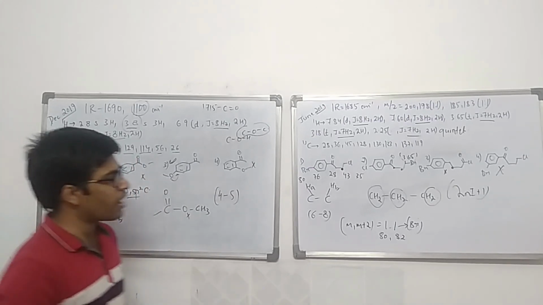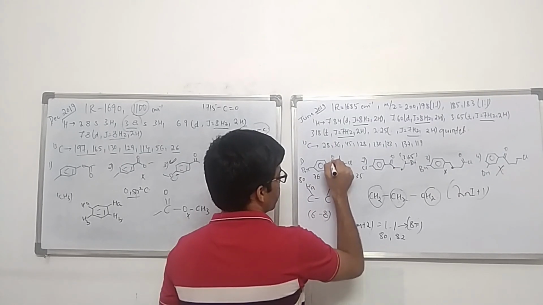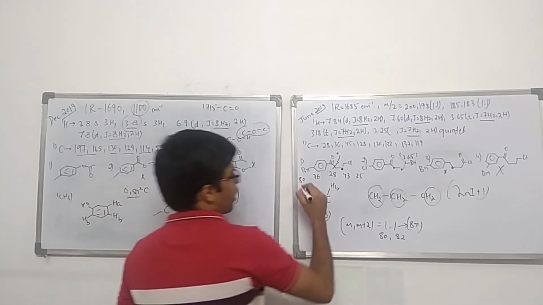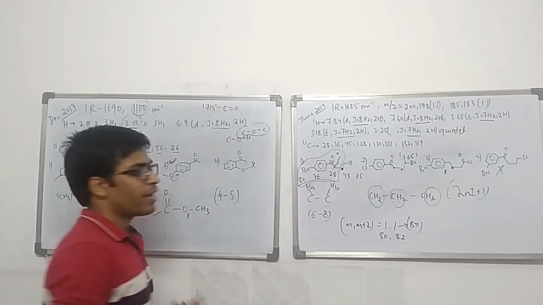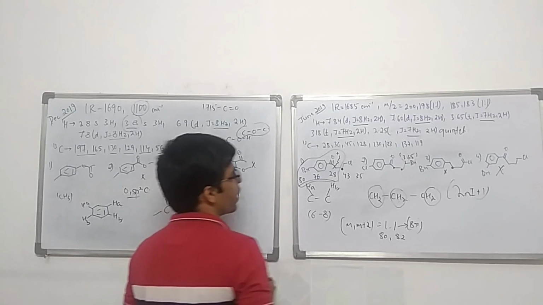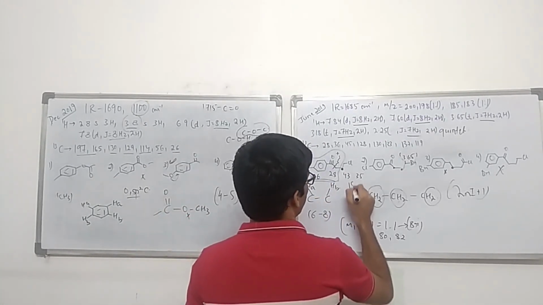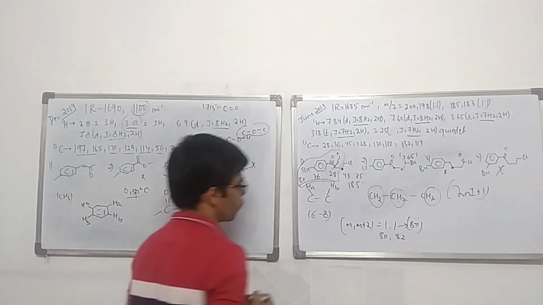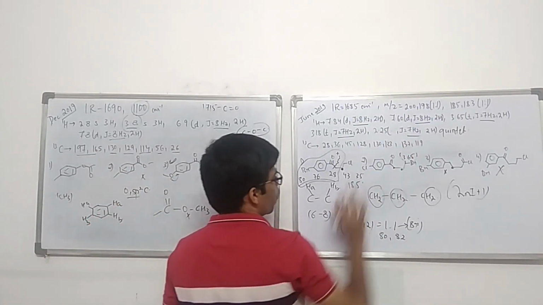Now most of the time the fragmentation that is happening is here, giving you a C triple bond O plus kind of a system. Now in this case you see the bromine remains intact to the phenyl ring. Now if that is happening, you calculate the mass of this, you will find it is 185 or 184. I think yeah, it's 184. Fine. So somewhere near to what we are expecting.